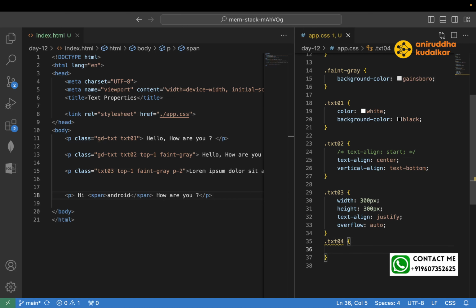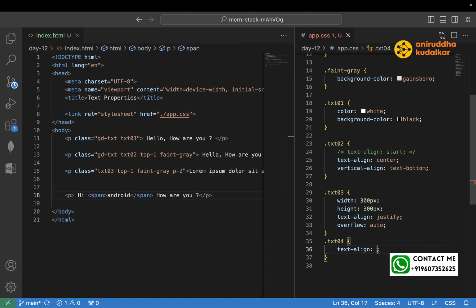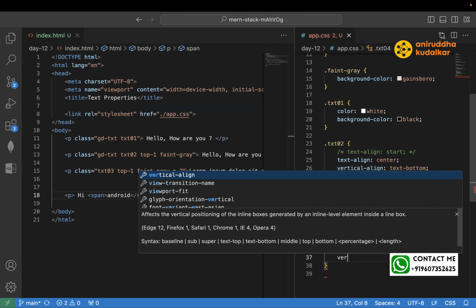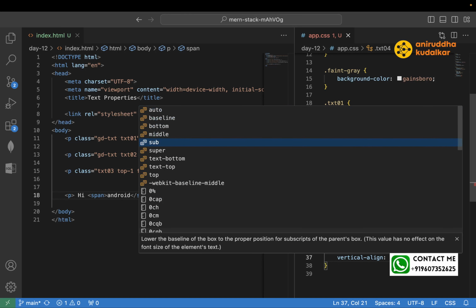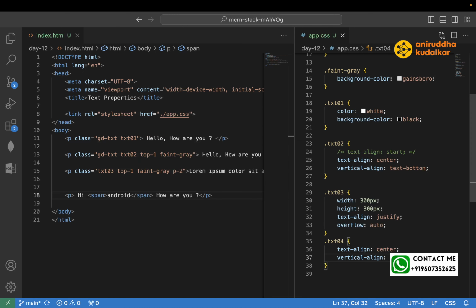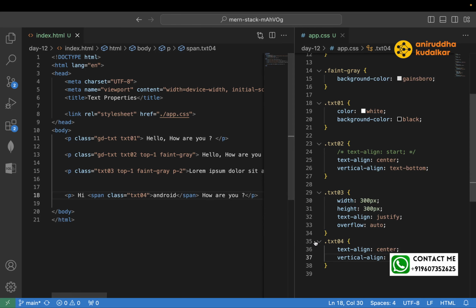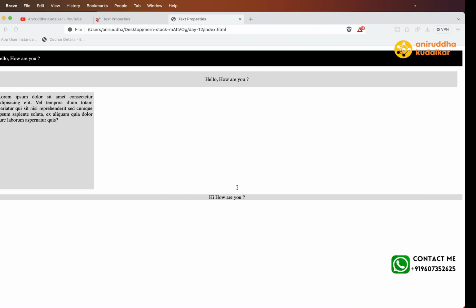txt04, text align center, vertical align text bottom. And class, here we can say txt04. Now